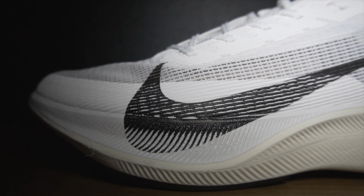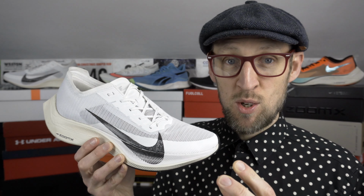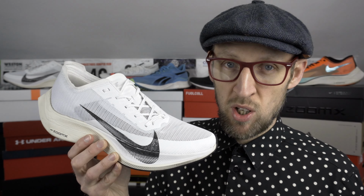I think we've got an upper now that's somewhere between that featured on the Tempo Next % and the Atom Knit on the Alphafly. Although I'd suggest it's more flexible and softer than the upper material on both of those shoes. We've got the addition of that front toe box